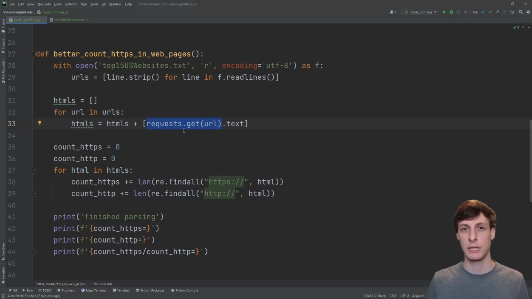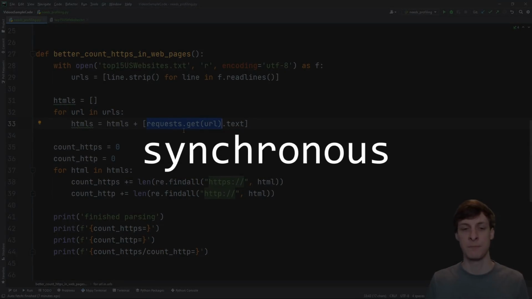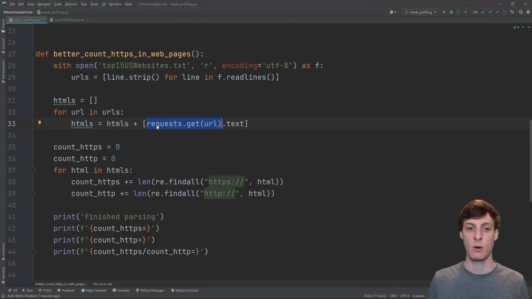But the one thing that's really getting in the way here is that requests is a synchronous library. What that means is when I do requests.get on a URL, it goes out to the internet, gets the HTML from that page, and you can't do anything else while that's happening. But there's a pretty up-and-coming HTTP library which is built to be asynchronous.